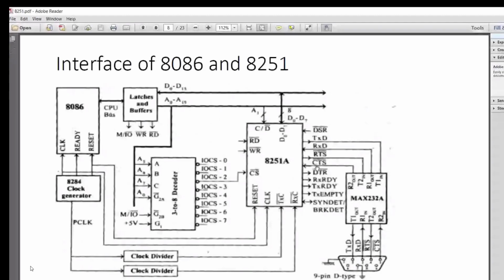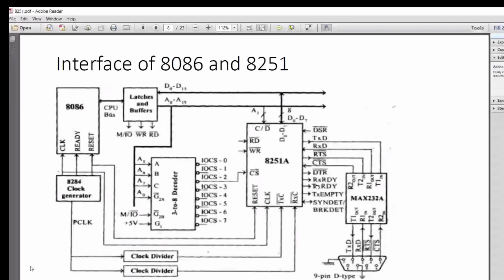Data terminal ready is an indicator to the other end, that is to our modem, to say that this particular terminal is ready for reception. Then receiver ready, transmitter ready. So this is actually acting as a transmitter and also a receiver. When this acts as a transmitter, it will indicate the transmitter readiness through this line. And when this acts as a receiver, its readiness will be given through receiver ready.